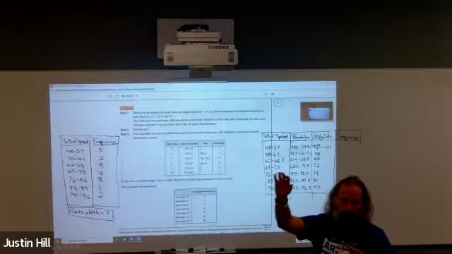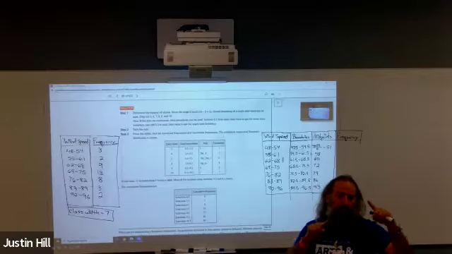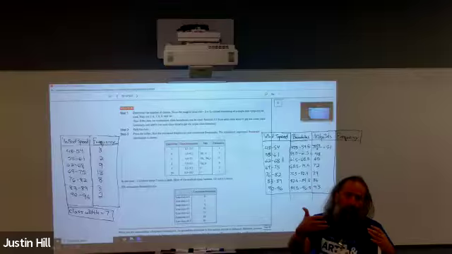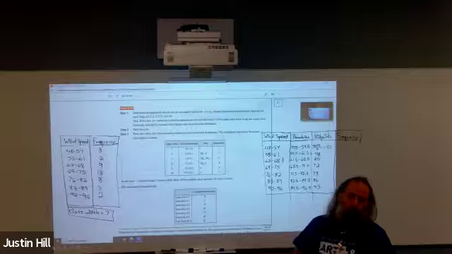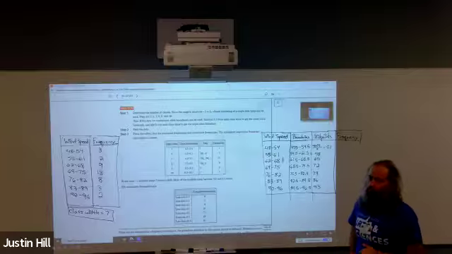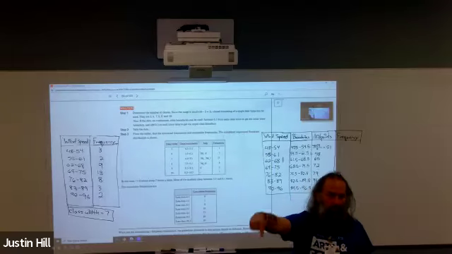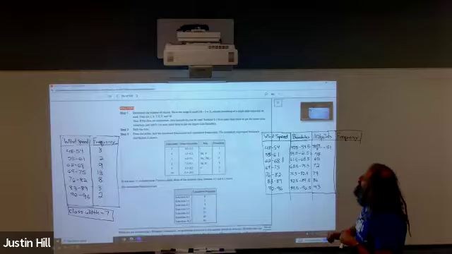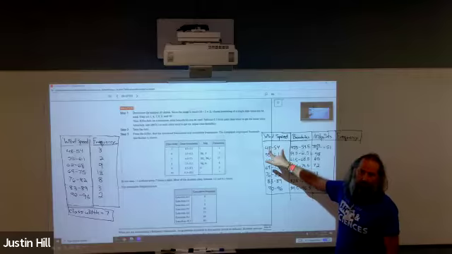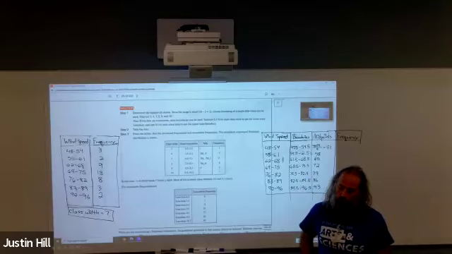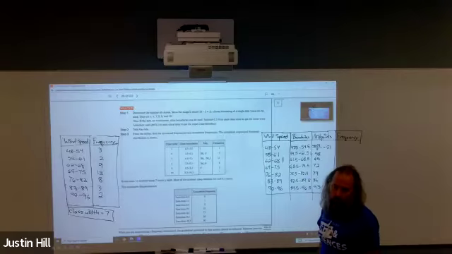So visual thinkers will not trust a procedure. What they will do is find a different procedure every time, based on how they visualize how the problem works. And if they can visualize how the problem works, then they don't need a procedure. You just play your little game every time. So whichever type of thinker you are, major on it. So if you need the procedure, find that procedure and run it. If you're a gamer, make a picture of this in your head and just find the number that's halfway in between. And your head will do that very quickly every time. You won't need the formula. So whichever way works better for you, run it.